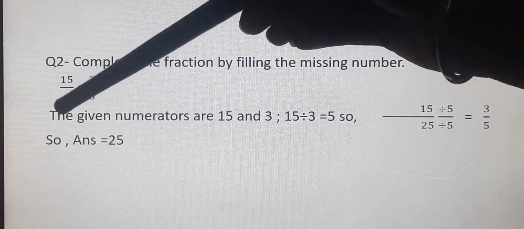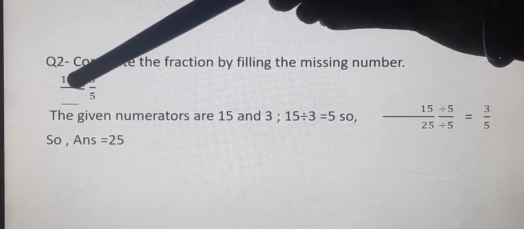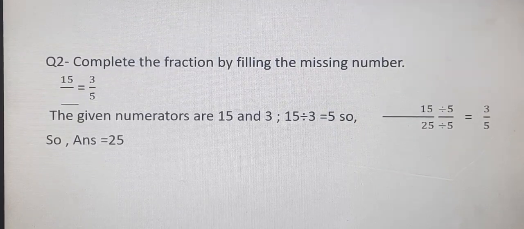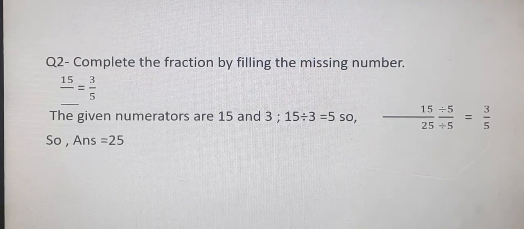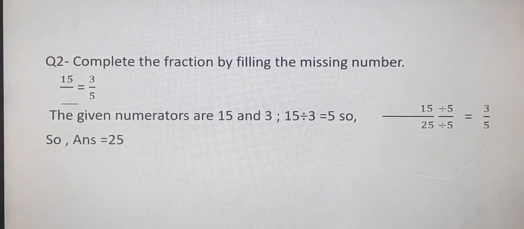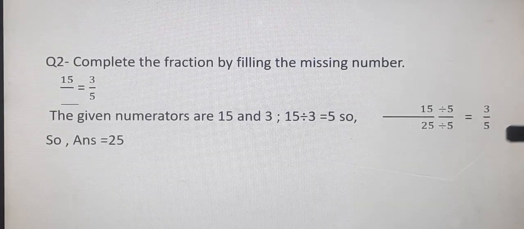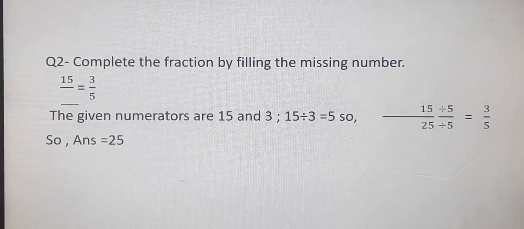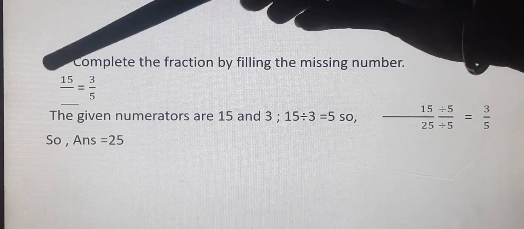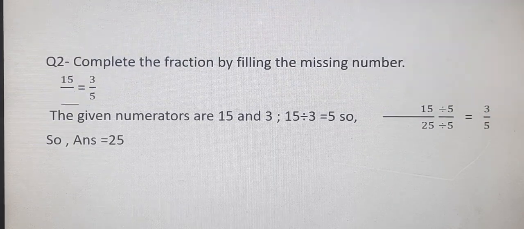So what number we can write here so that when we divide the given number with 5, we will get 5 as an answer. That number can be 25. Right? As 15 divide 5, 3, 25 divide 5 is equal to 5. So our answer will become 25. Or you can check from here also, 3 5s are 15 is written. So 5 5s are 25 will come here.